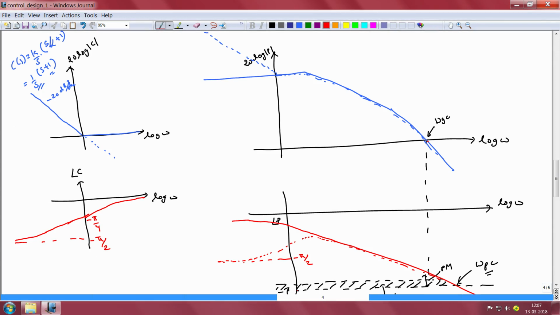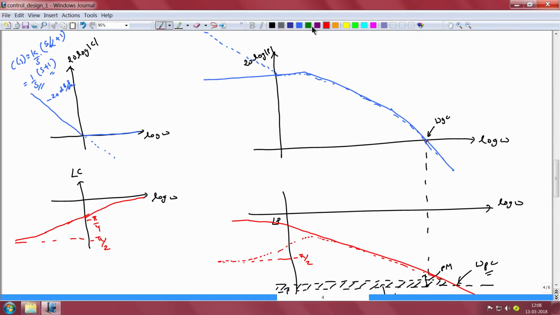So, the controller neither attenuates nor amplifies the gain, and therefore does not do anything to improve the performance in the mid frequency and the high frequency ranges. This contrasts with the performance of an integral controller, because an integral controller actually attenuates the gain, reduces the gain crossover frequency, and thereby prevents us from tracking references that could otherwise have been tracked reasonably well given the gain characteristics of the plant itself.